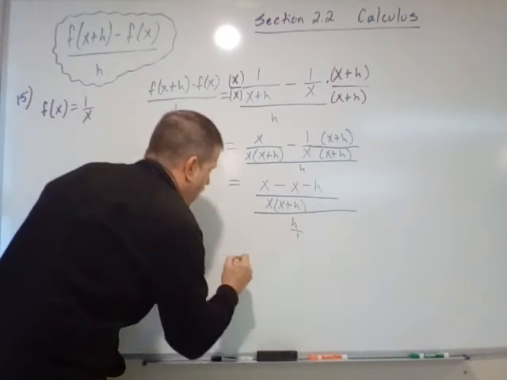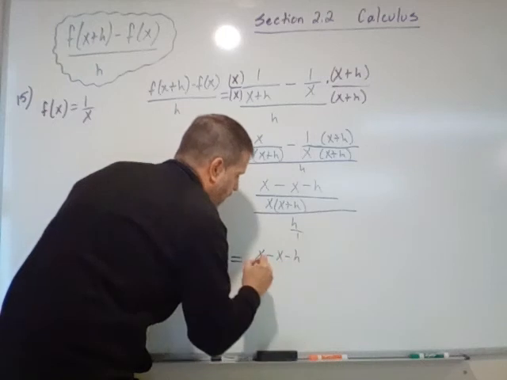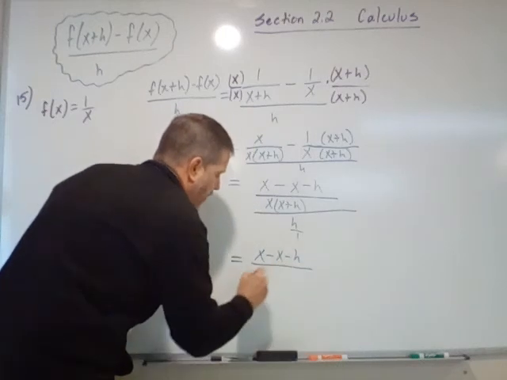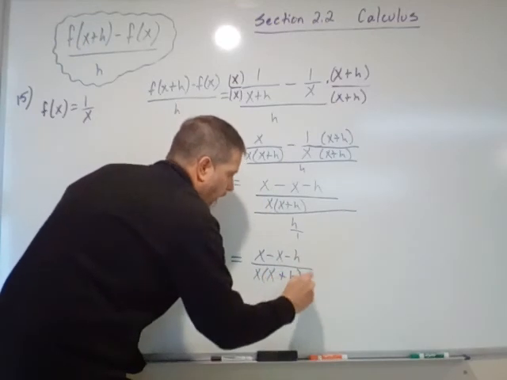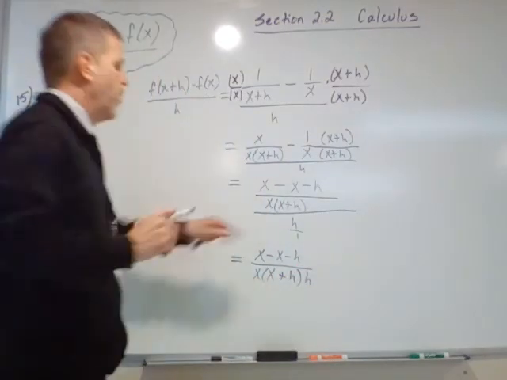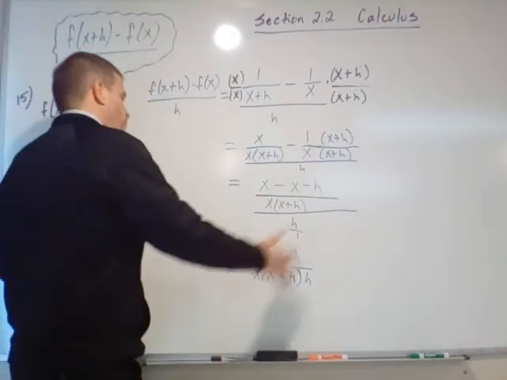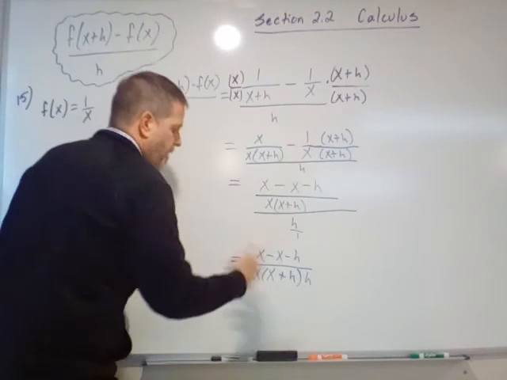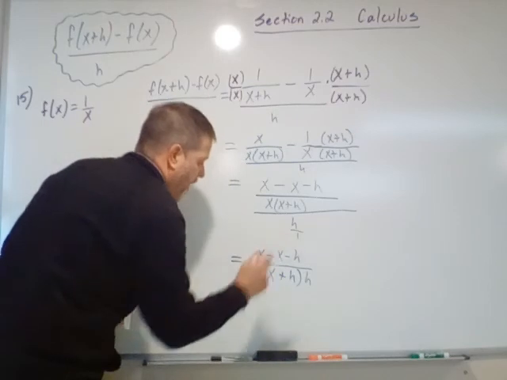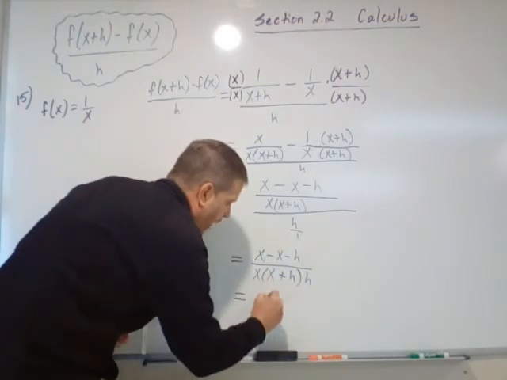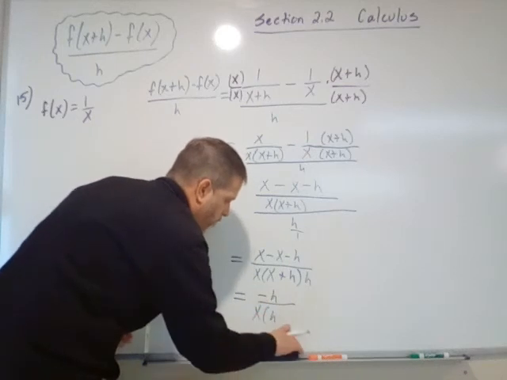Okay, so that means that I'm just going to recopy the steps. I'll have x minus h in the numerator. Now I have a complete fraction with the x times the x plus h times h. And again, that's multiplying by 1 over h. Okay, so now in our numerator, once we have this complete fraction, everything that doesn't have an h in it should cancel out, and it does. x minus x, those are gone. So I'm left with opposite h over x times x plus h